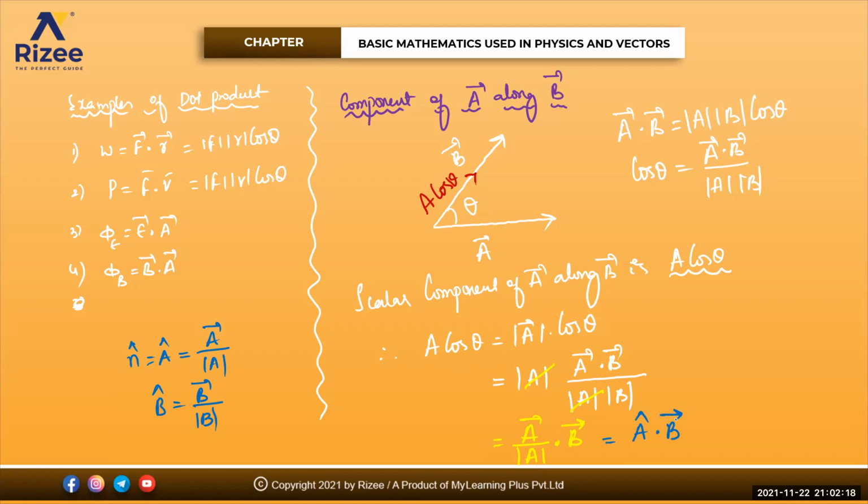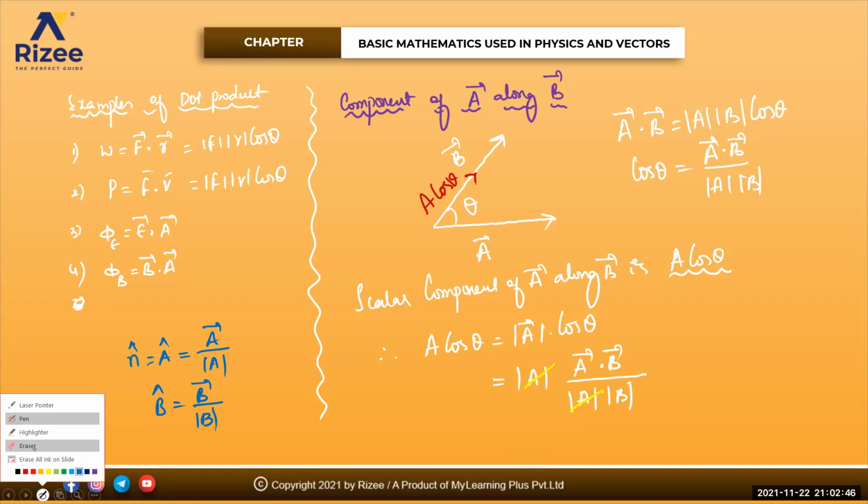So scalar component of A bar along B bar is A cos theta, and that will be equal to your, how much for me? See everyone here, how much am I getting? Sorry, I did a small calculation mistake here. Let me take the pen. Yeah, A bar and A bar are getting cancelled. So this one is left out. How much for me here? A bar dot, this is left out with your B bar divided by mod B, na?